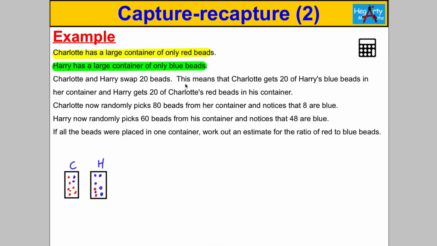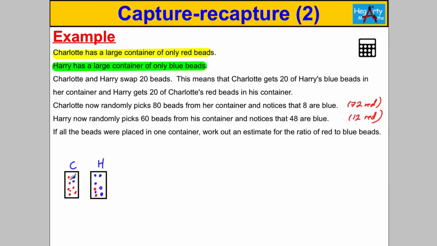Then we're told that Charlotte now picks 80 beads from her container and notices 8 are blue, which means the other 72 must have been red. Harry now picks 60 beads from his container and notices 48 are blue, which means 12 were red. If all beads were placed in one container, work out an estimate for the ratio of red to blue beads. Okay, so just thinking about this, if we poured both of these into one container and we're trying to work out the ratio